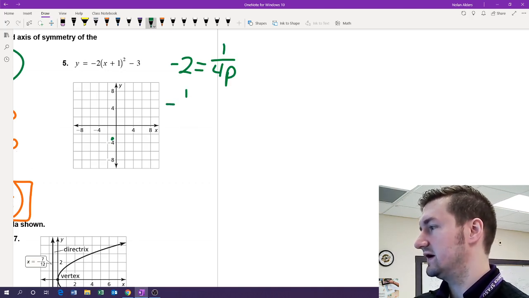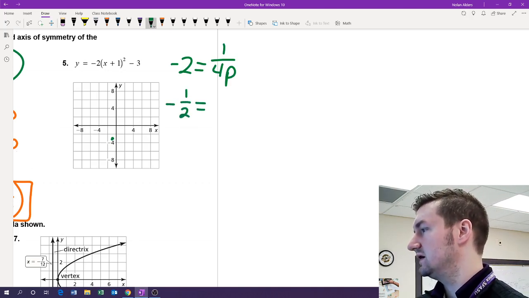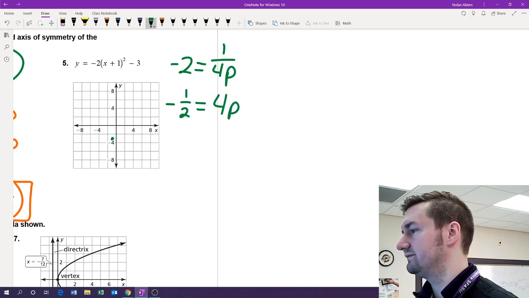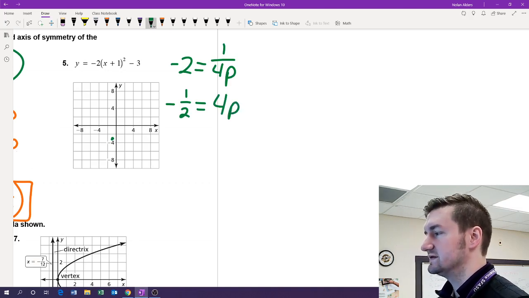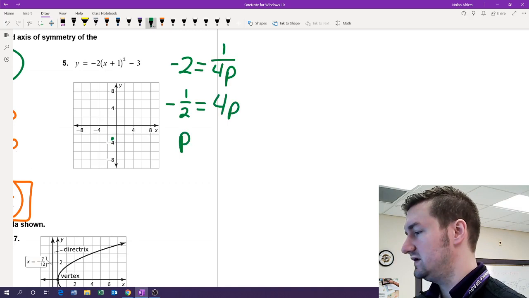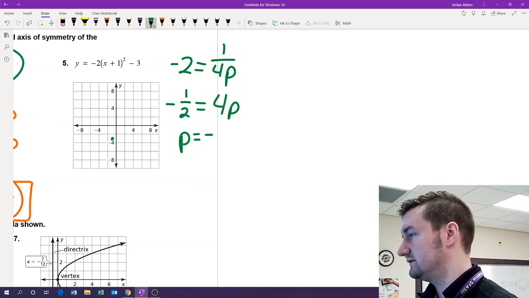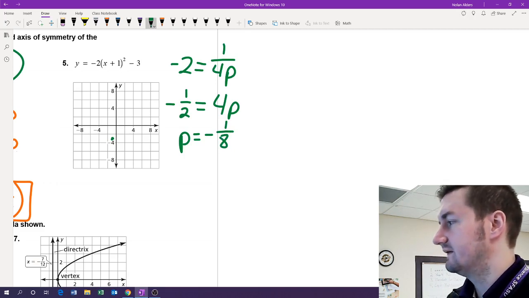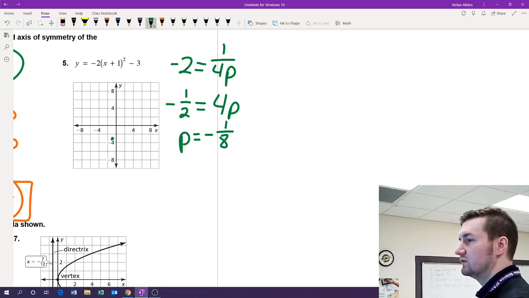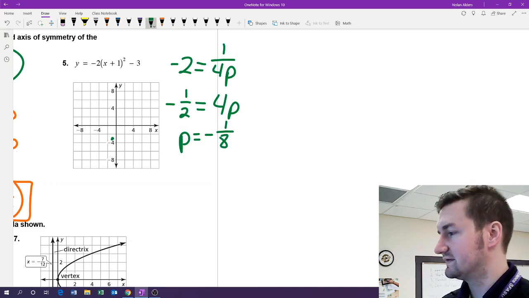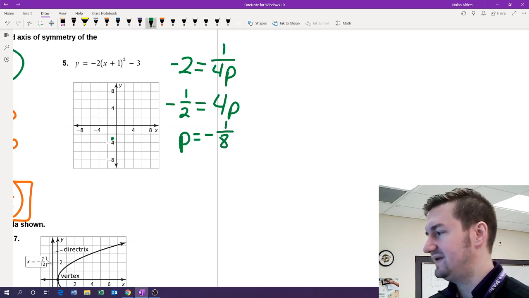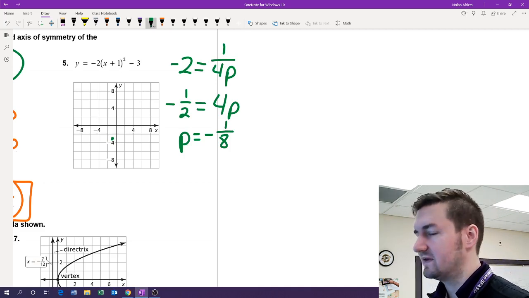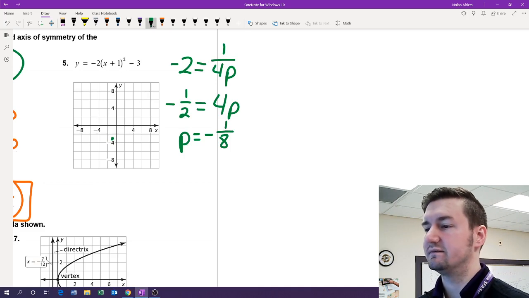We'll have -1/2 over here, and we'll have 4p on the right. And then we can just divide by 4, so p will equal -1/8 when we divide by 4 over on the other side. Okay, so if our p is -1/8, that means that our